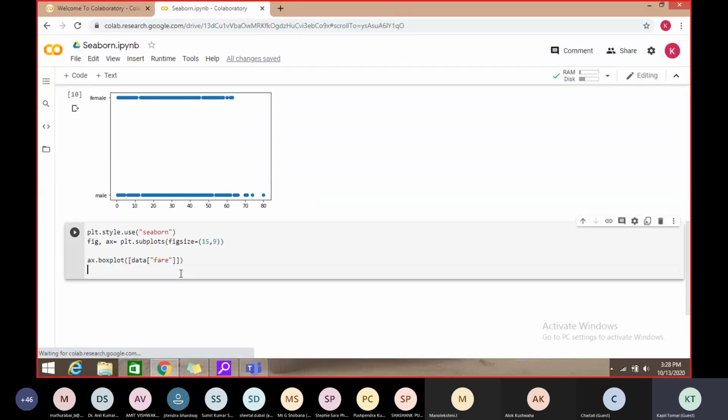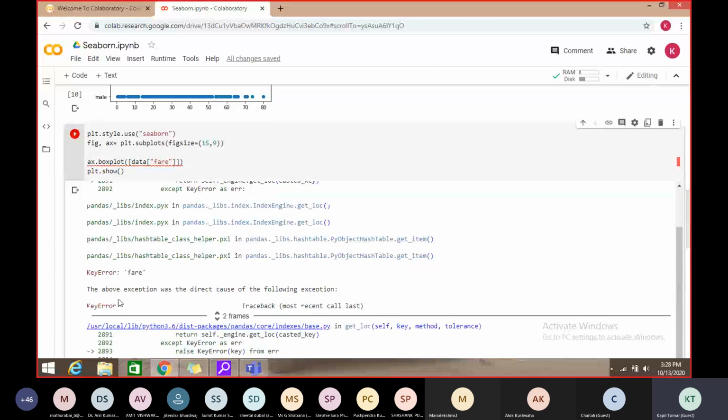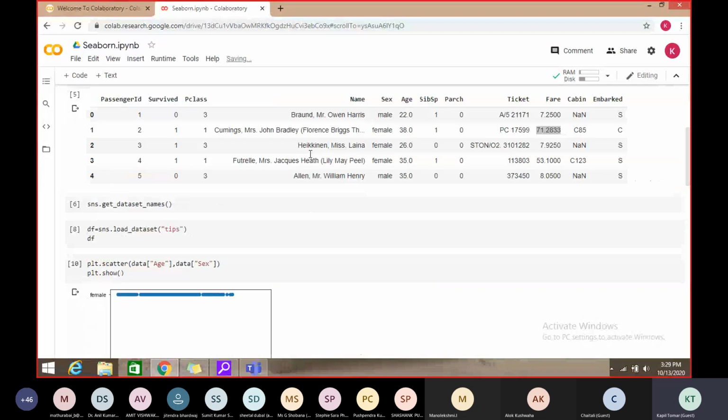So here also we don't want such things. So we call the seaborn style, then we want a figure with the axis, and the figure size is this. Let's see. Okay, this is giving an error. Let's see, the above exception was the direct cause of the following exception. So let us check. Okay, there is no such column that exists.